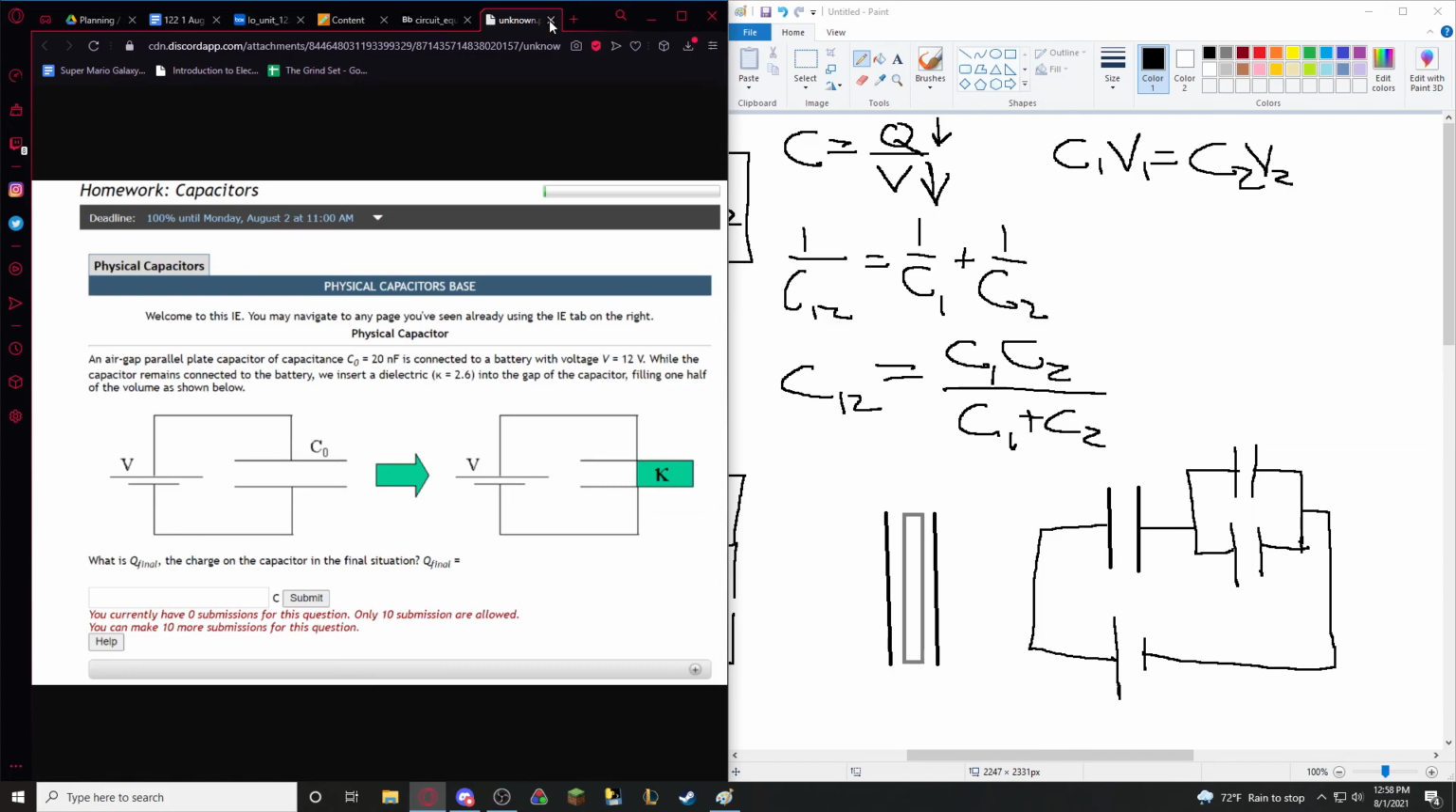Is the voltage changing? The charge should increase, but only on that half. But we're just talking about the charge. The charge will also be affected on the other half. We're just worried about the total net charge. Oh, so